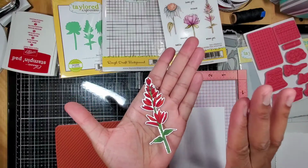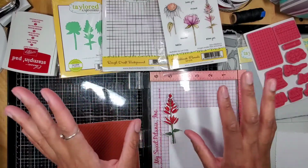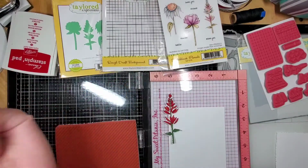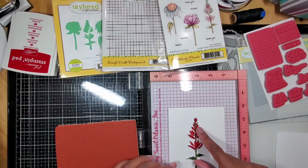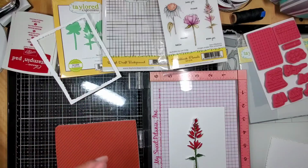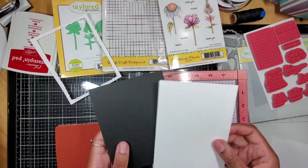So I colored this, and I wanted this to be Christmas inspired, which I thought the first card was going to be, and it can go that way. But now I think I've made it good enough to be a birthday card, not a Christmas card, and I'm going to send that one out. So with this one, I decided I'm going to make it a Christmas card. I took out my die. Let's see here. So I might be using a white background for my card base, not black, but just to